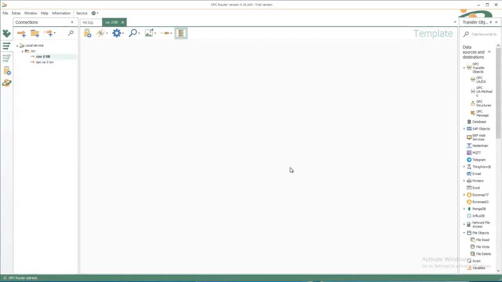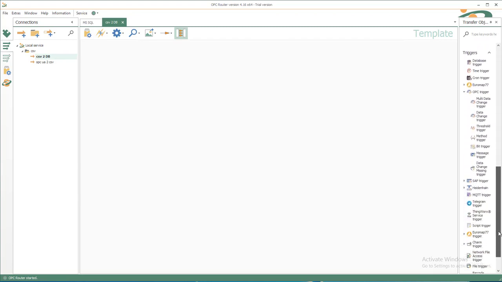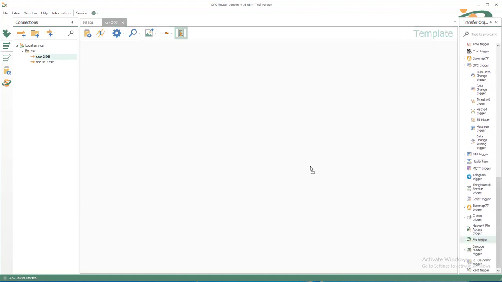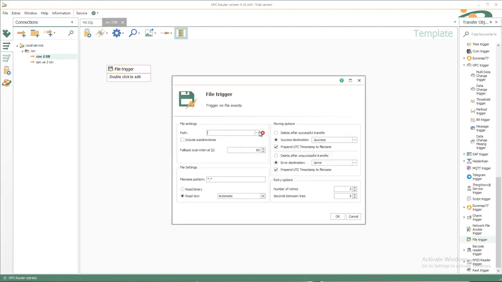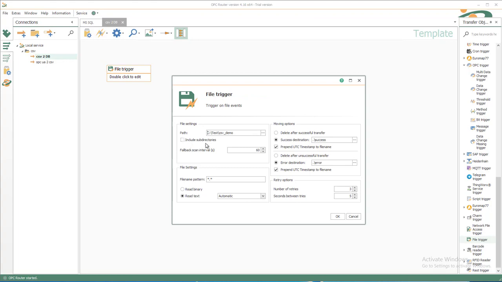Then you get the template, and the source for the data is of course our CSV file. So we have a corresponding file trigger that we drag and drop directly on our template, double click to edit, select the path or enter it manually. C test, CSV demo was the folder I have shown you before. I don't want to include subdirectories, and the file name pattern could be like this or like start.csv, or in my case process values underscore machine 1, only to get the machine 1 process values,